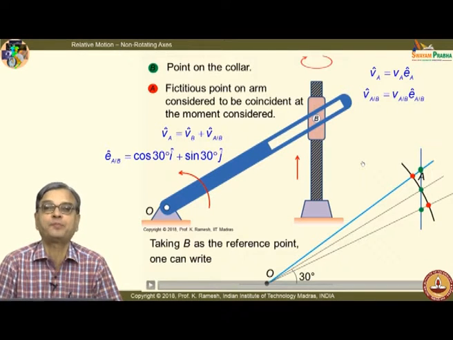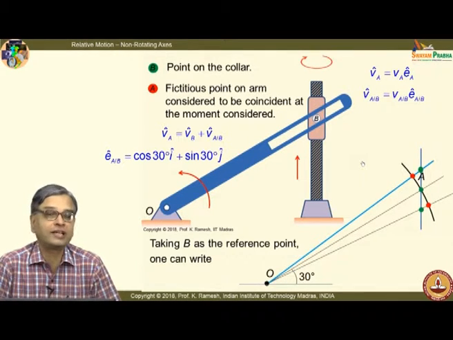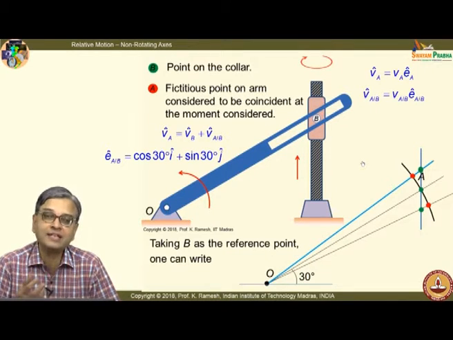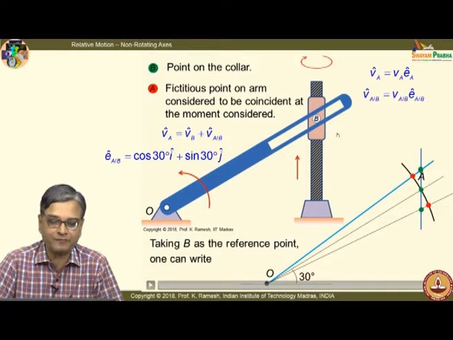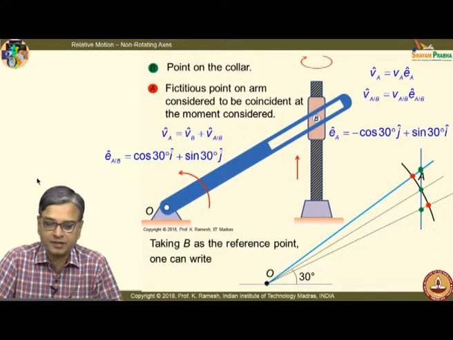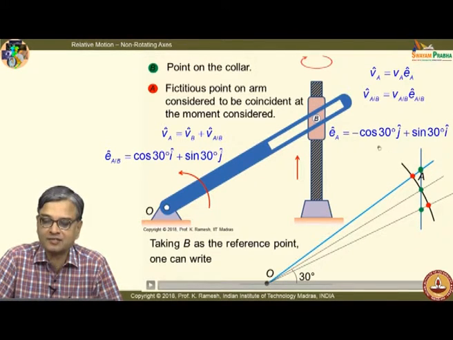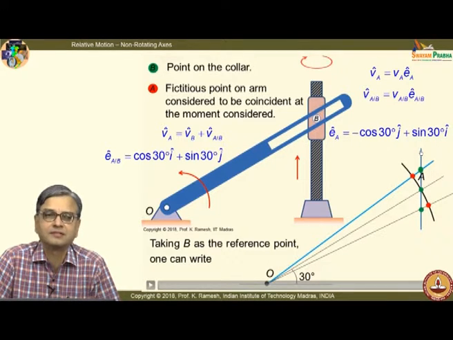So, in a vectorial approach also in this instance you have to visualize the motions, only then you are in a position to assign the vectors, because you are exploiting the property of constrained motion. So, in a sense the vectorial approach is slightly involved and you have to be careful in handling the quantities. Once you recognize that EA is minus cos 30j plus sin 30I, the problem is done.